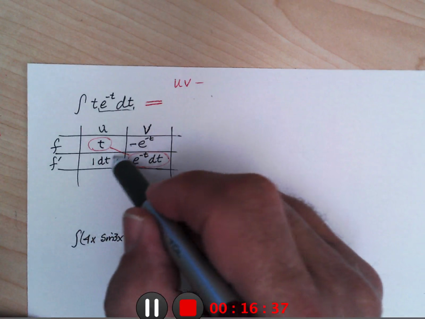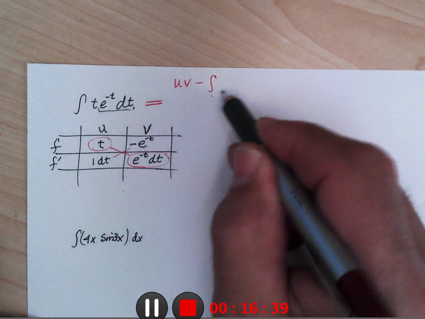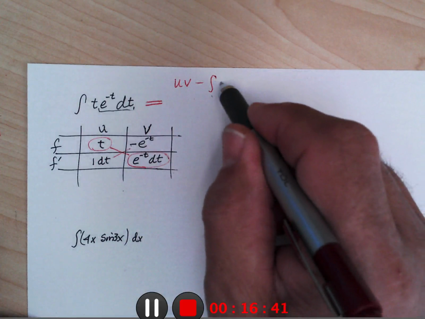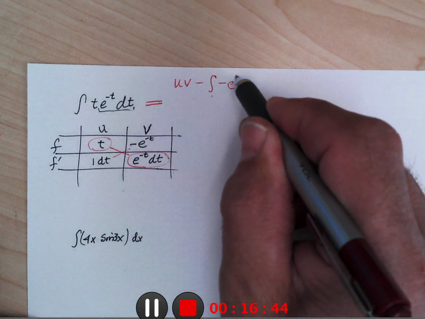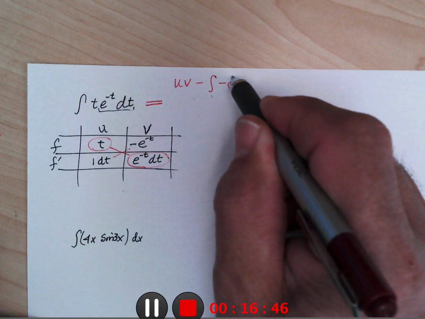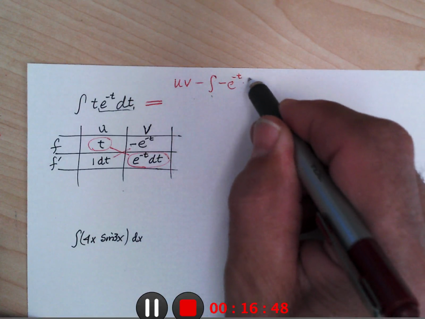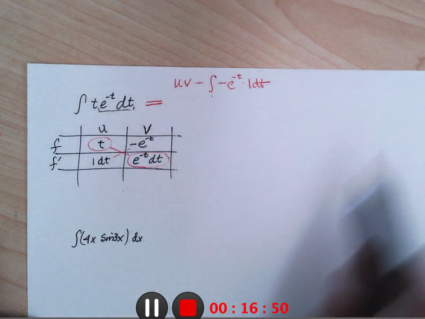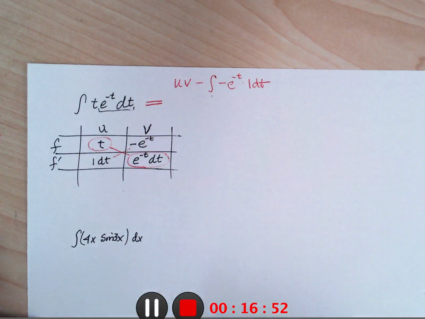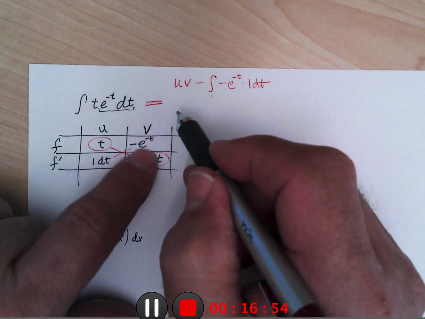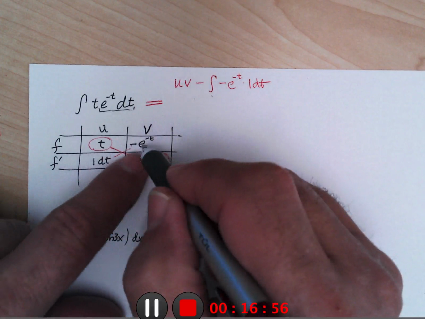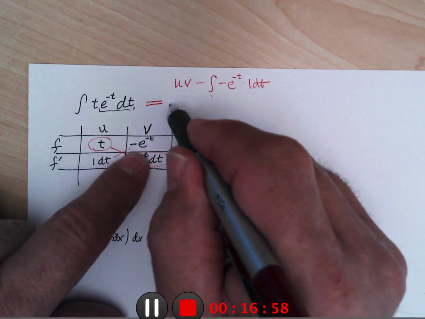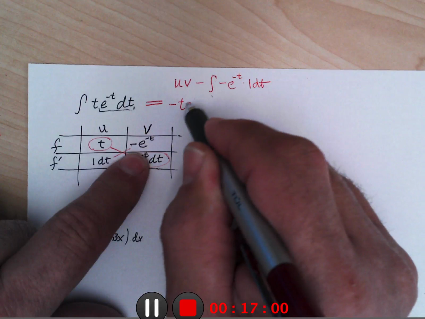So it's going to be the opposite of those, which is negative e to the negative t times 1 dt. So the u times v is t times negative e to the negative t. So that's negative t e to the negative t